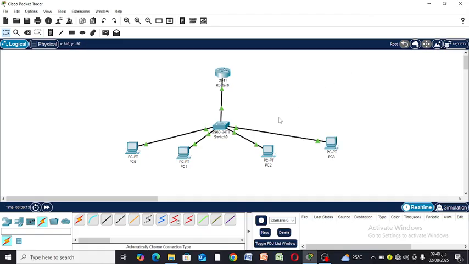So you can see now. So in this tutorial, I've done the configuration of VLAN on the switch and also DHCP on the router. So in our next video, we're going to move on to